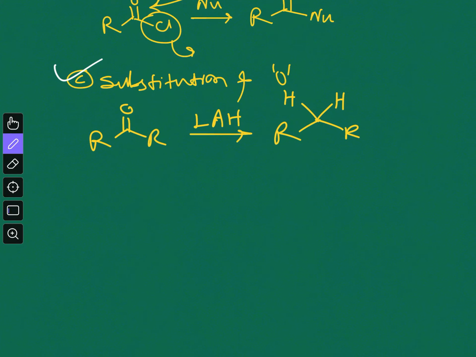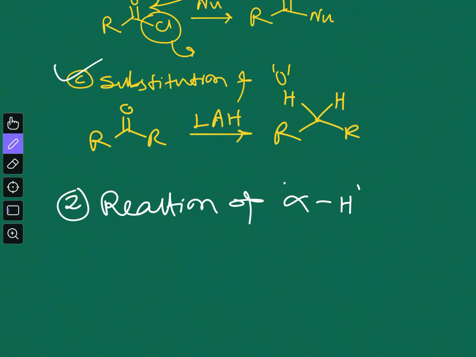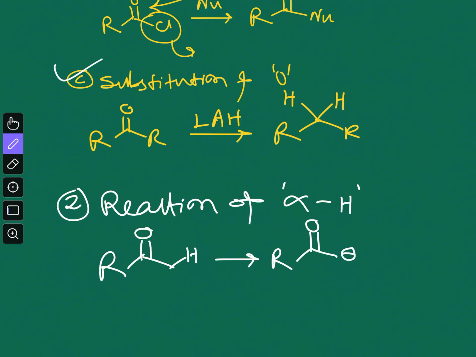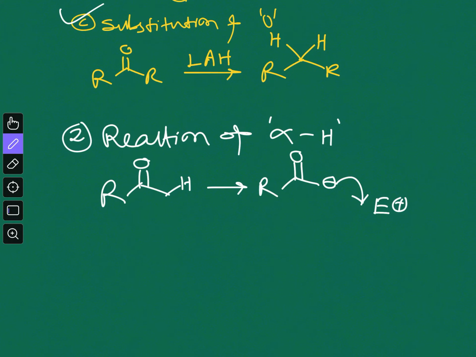Now the second class of reaction is the reaction of alpha hydrogen, or the enol or enolate formation. So alpha hydrogen, we already have seen that they can be easily taken out and we will have this enolate. So this enolate now can react with several electrophiles to give you different kinds of reactions, and we will see it later. So this is the second class of reaction, and also this involves all the aldol condensation, Claisen ester and all other reactions. So there will be a lot of named reactions, we will see them.